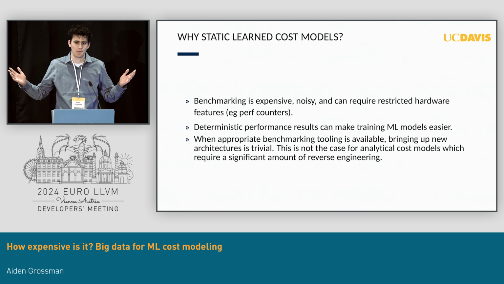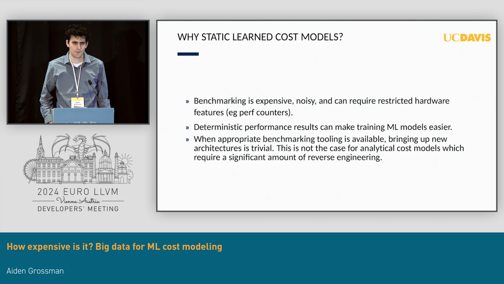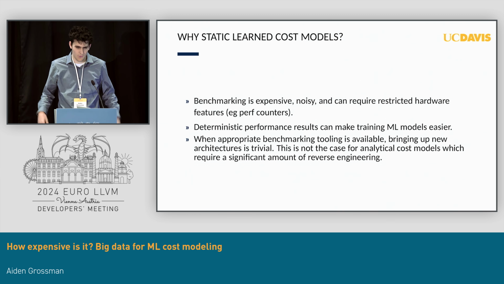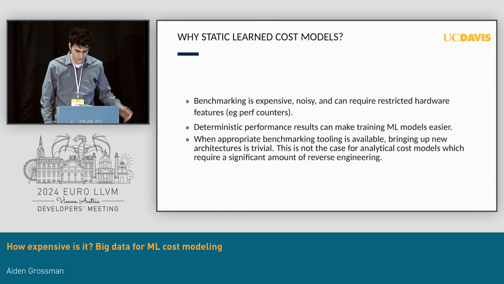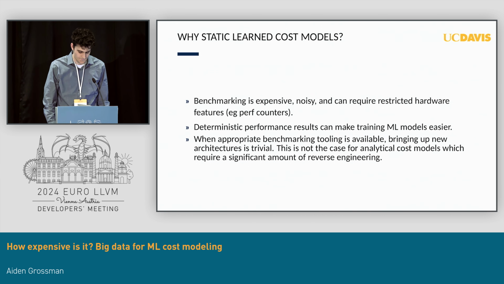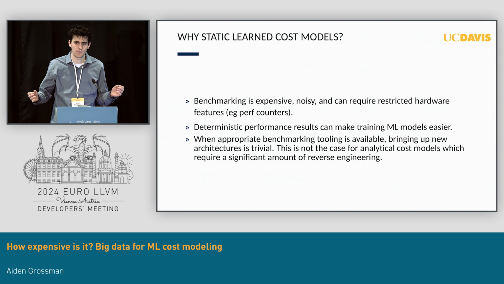Benchmarking for everything is expensive and noisy. It's pretty expensive to do, and can require restricted hardware features like performance counters. Deterministic and fast performance results can make training machine learning models to replace compiler heuristics easier. It's also a lot easier to create these sorts of learned cost models, assuming you have appropriate benchmarking infrastructure,